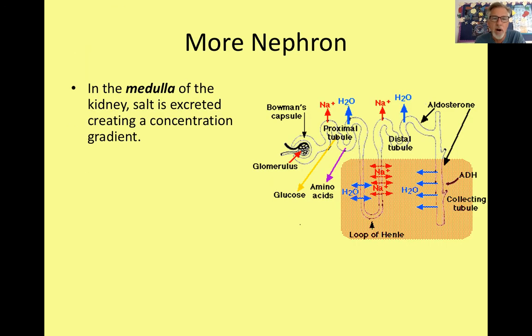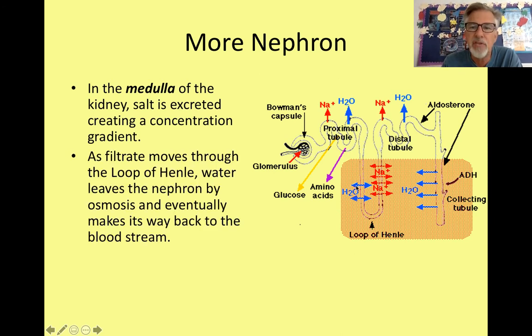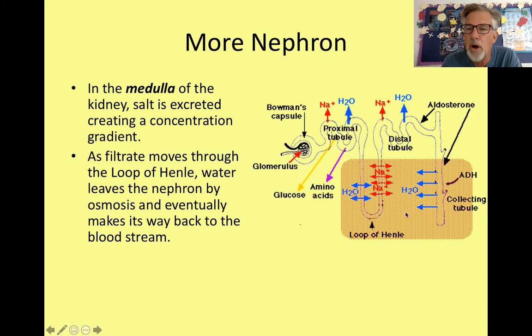nephron. But there's more. In the medulla of the kidney, salt is excreted. So this is a very salty area, and it creates a concentration gradient of higher salt outside the nephron than inside the nephron. As filtrate moves through the loop of Henle, water leaves the nephron by osmosis and may eventually make its way back to the bloodstream. You can also see that sodium is going to leave if required to do so. There is also water absorption that occurs in the collecting tubules, which are the tubes that receive the waste product